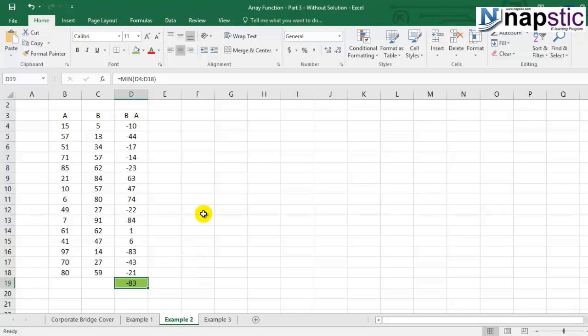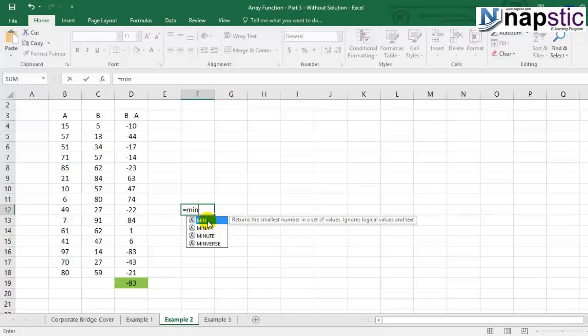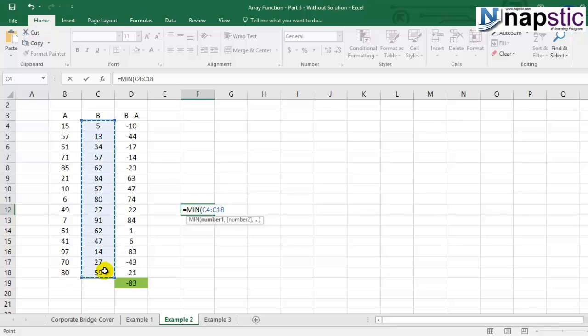What if we want to use the arrays? What we need to do is equal to minimum, select the numbers. What it is basically is your C4 to C18 minus B4 to B18, right? So we just need to select C4 to C18 minus B4 to B18.